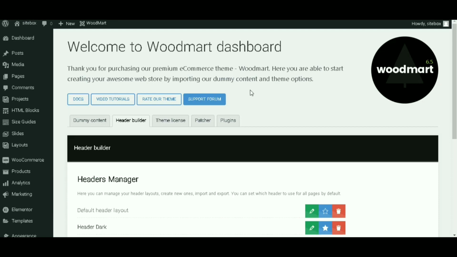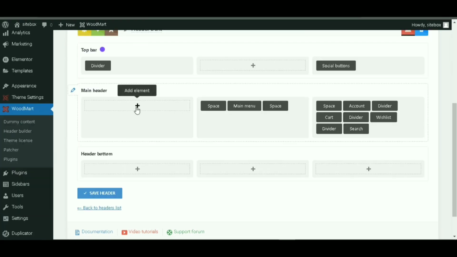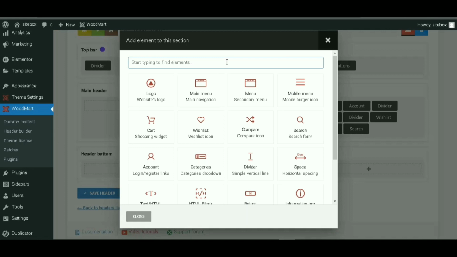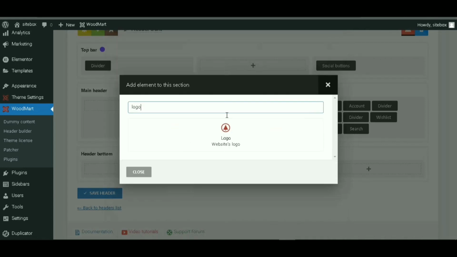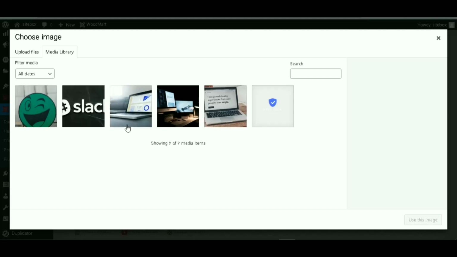In this page, you can create your own header and choose your default header. Click wherever you like the logo on there. Searching the logo and click on. Click here, upload your logo,